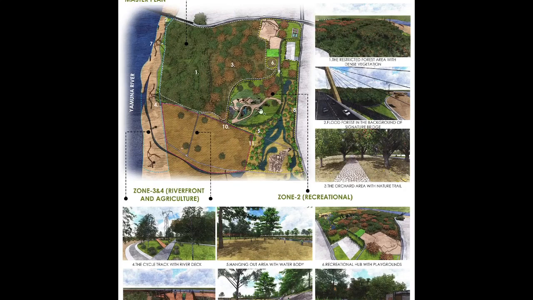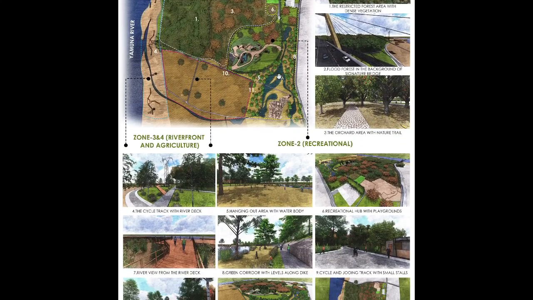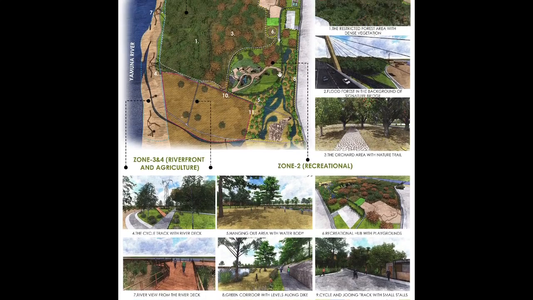Then there is the recreational zone, which is here. The connectivity to the existing park will improve with tracks and trails, and then there are some activities proposed on the side, like a cricket ground or football ground, courts and a gymnasium for the settlements. This will help in growing the national game as well. There is also water for recreation that can be connected to the streams from the river, which will help in better ambience on the site.